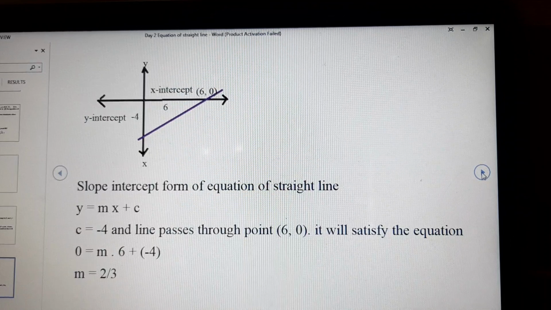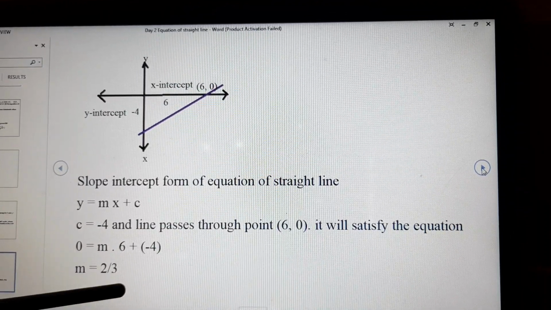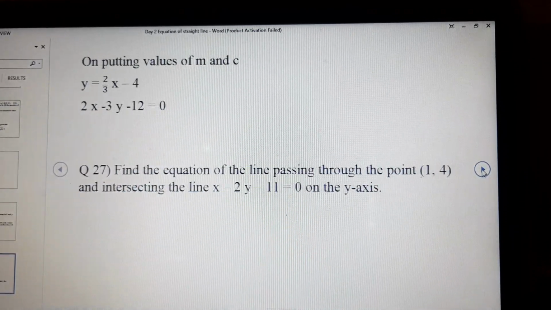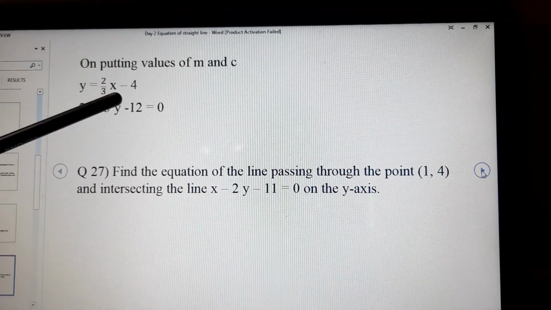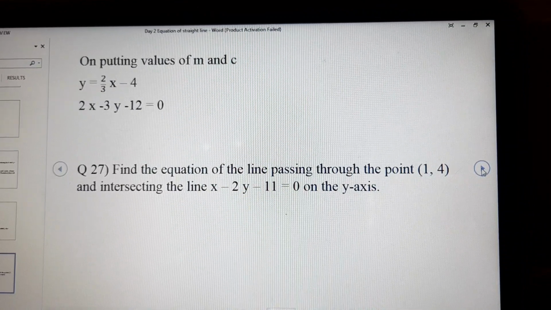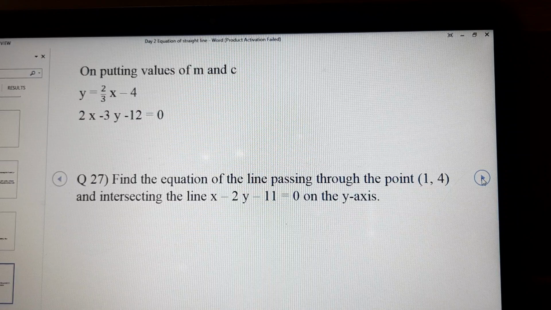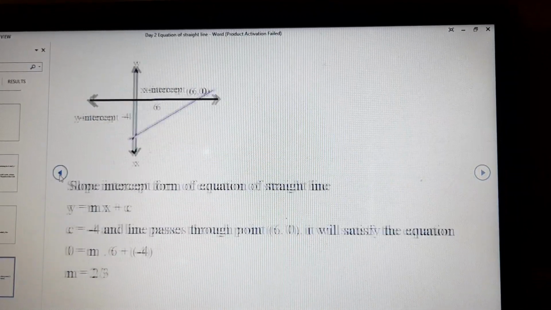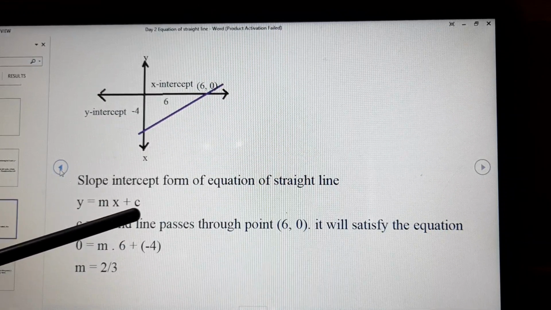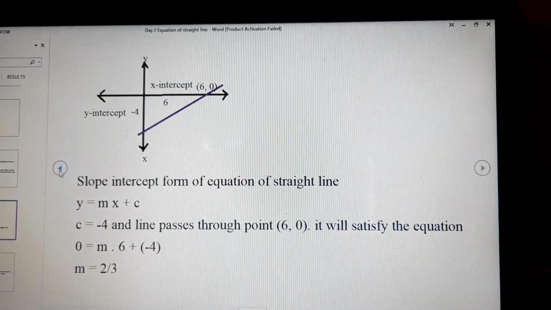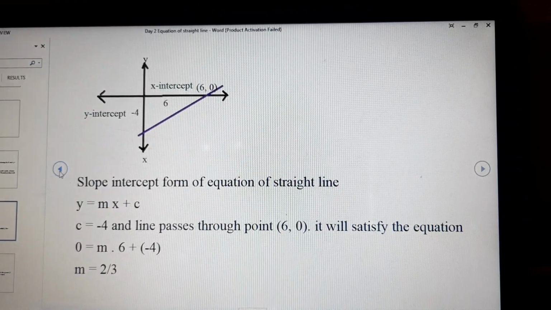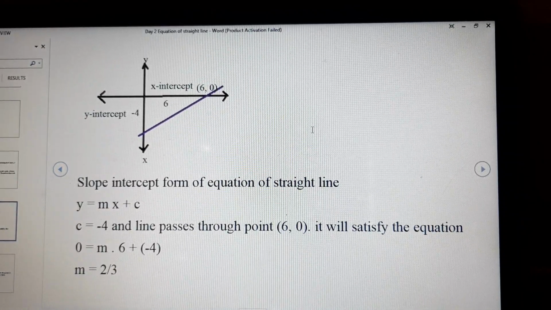Now you have to understand this. We have got the value of m, 2 by 3, and it is given that y-intercept c is equal to minus 4. So again we will go back to the equation y is equal to mx plus c, where m will be substituted by 2 upon 3 and c will be substituted by minus 4. Clear? So first of all, we used the standard form y is equal to mx plus c. We substituted value of c, minus 4, and this equation passes through 6 comma 0. So y is replaced by 0, x is replaced by 6. This is all we did to get the value of m.